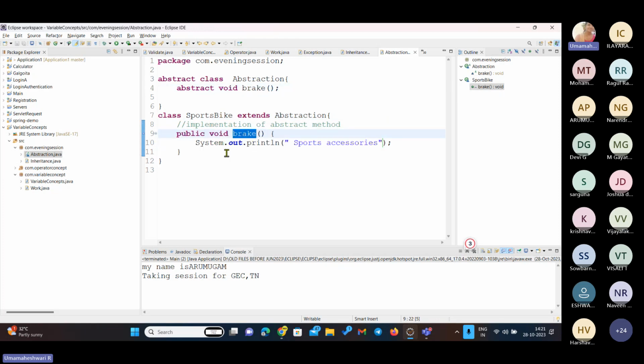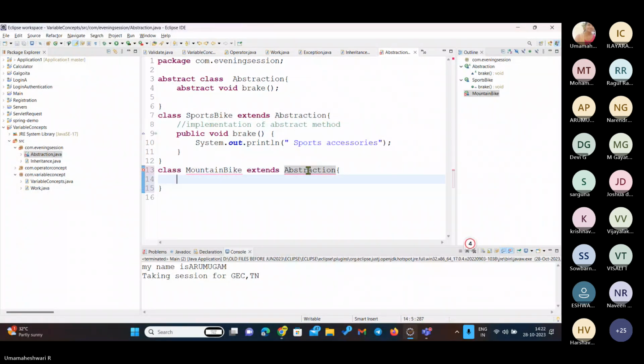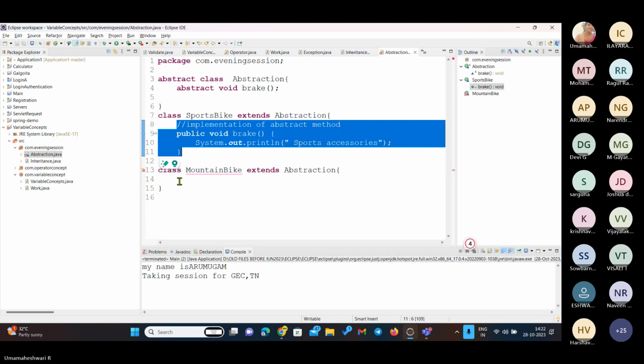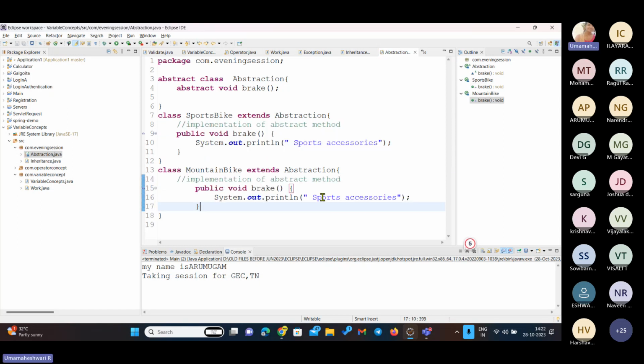I'm using the same method and I'm explaining what the logic is here. Next, I'm creating one more class. Let's take mountain bike. It extends this abstraction again, so another class. Now what I did is I'm giving one more implementation. Let me copy this. Okay, so in the implementation, let me give it as mounting